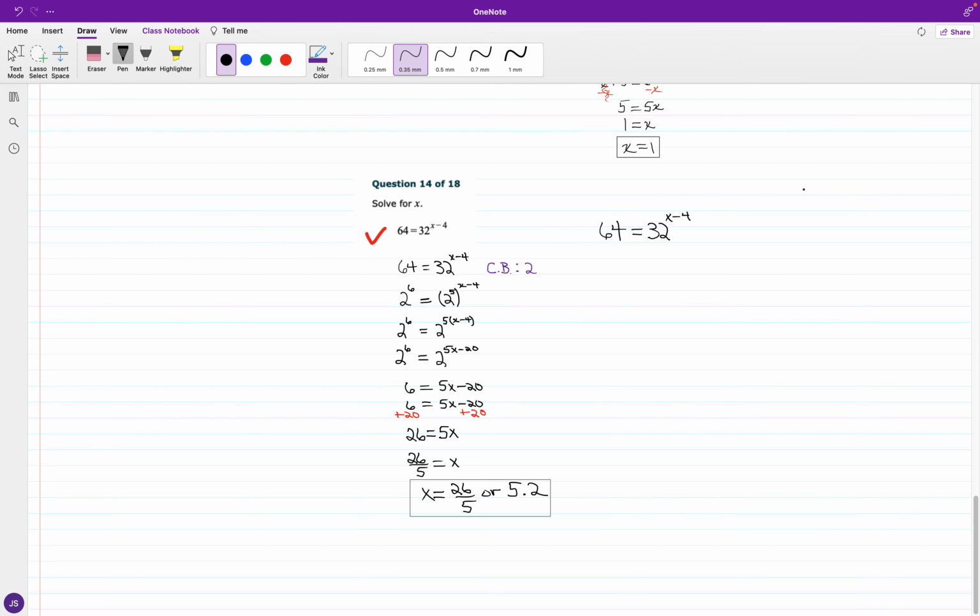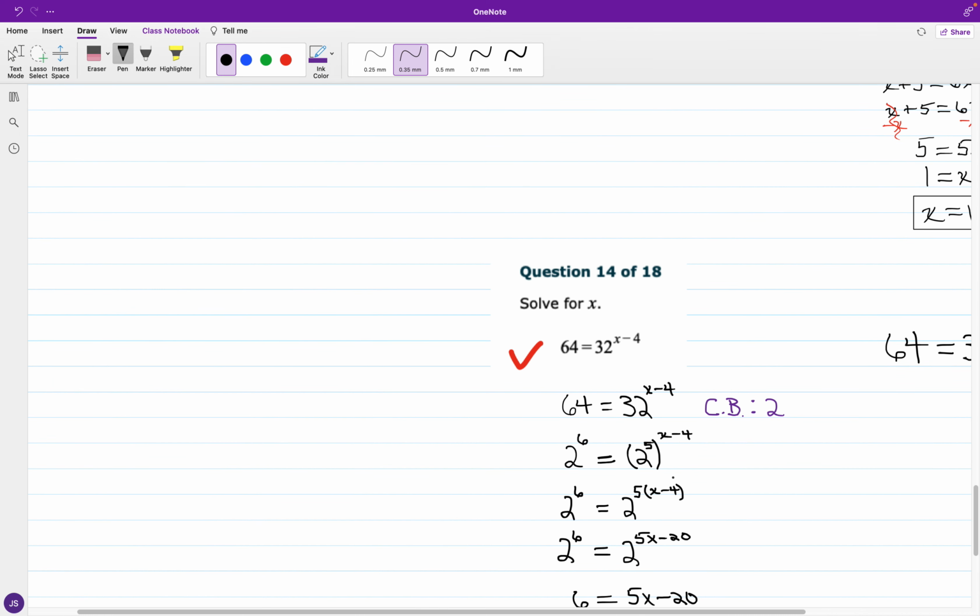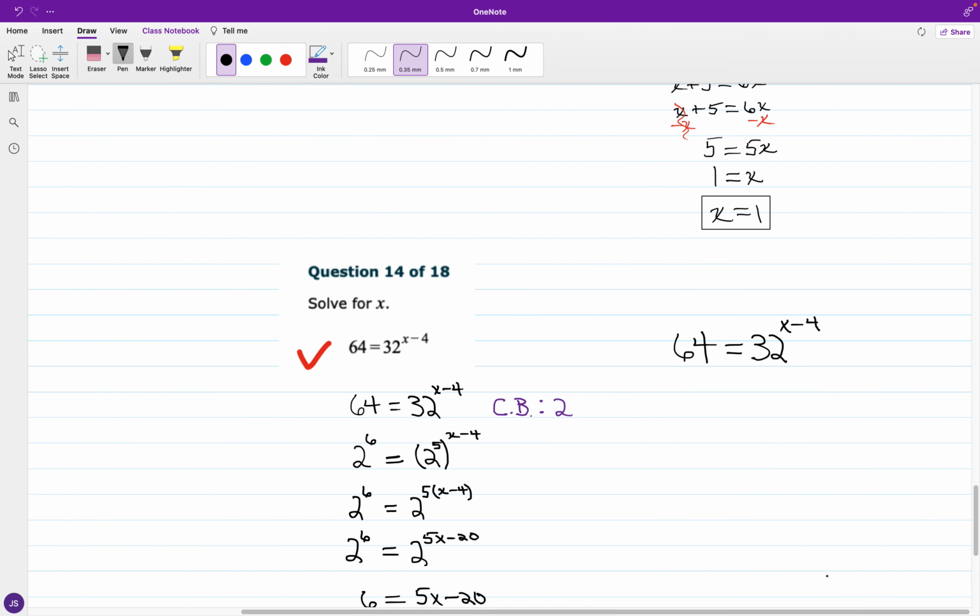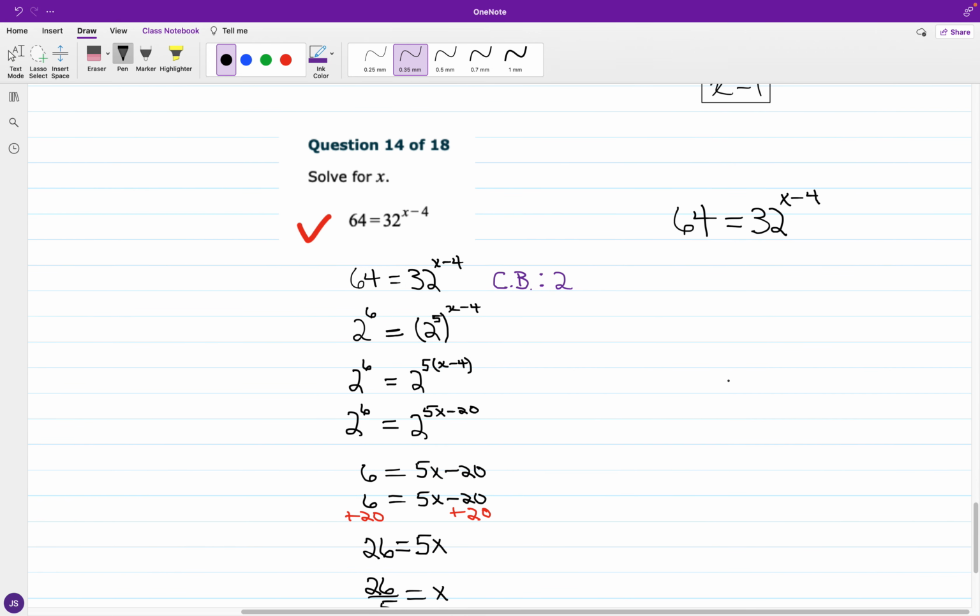Notice that the variable x is present only on the right hand side. What you can do is use the change of base formula pathway. First, I can take care of the exponential base 32. So if I take the base 32 logarithm and apply it to both sides,